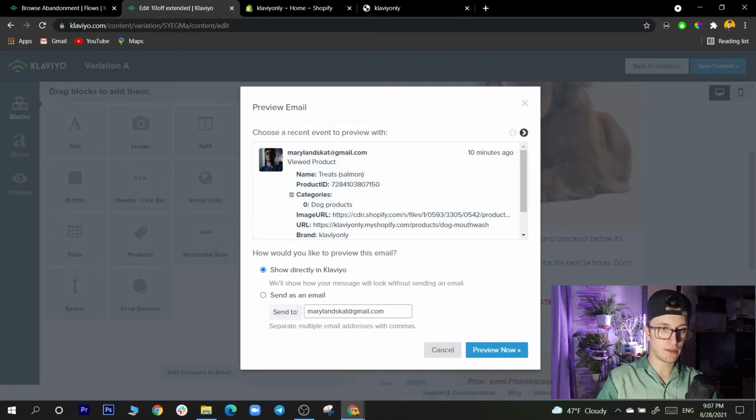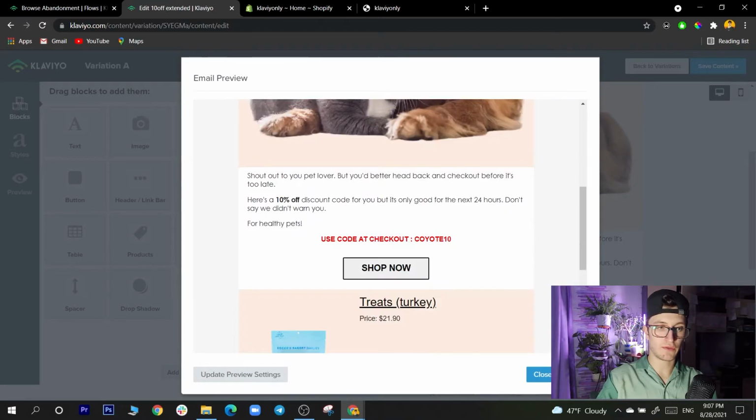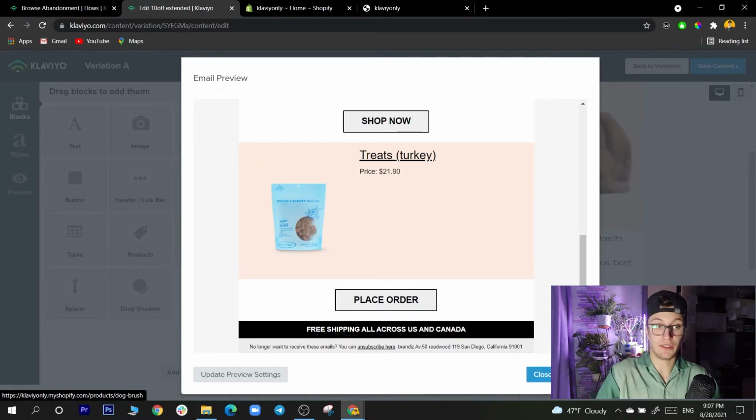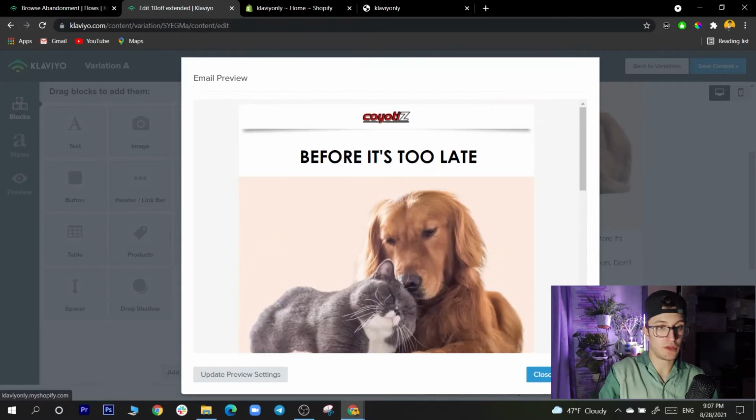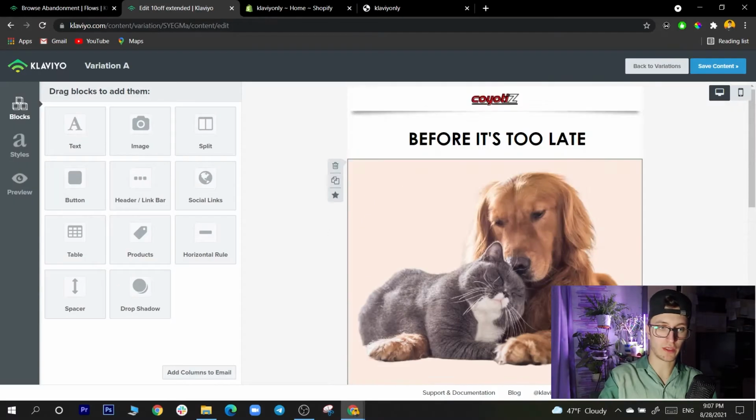Okay, so there was a salmon. Let's do turkey. You see the turkey, the name is different, and boom, I offered a different product, right? Because it shows me the product based on the last product that I've seen before. Turkey, so it shows me turkey. So that's just that, right? Pretty simple. Again, don't overcomplicate this.